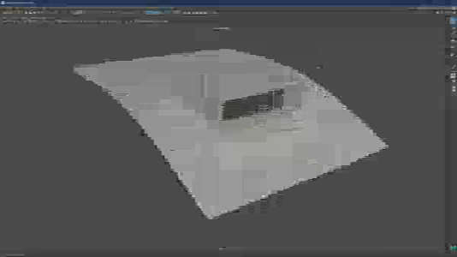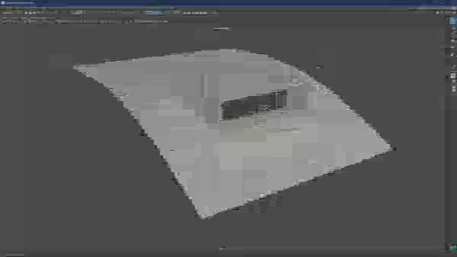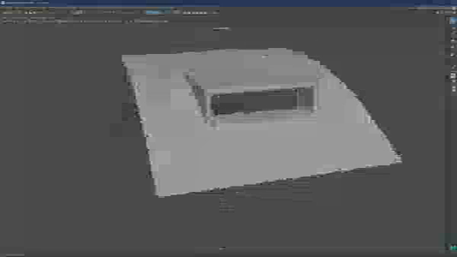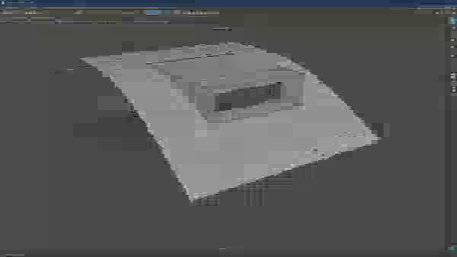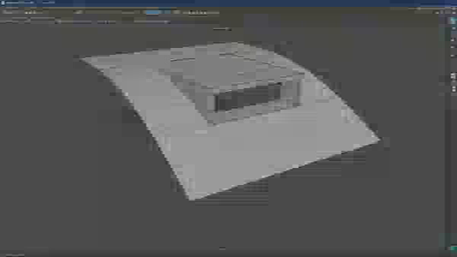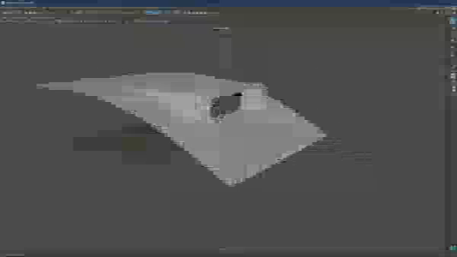Now, in general, like I mentioned previously, this would be our general workflow where we just add supportive edges, but in situations like this, maybe there would be a workaround where we would need to apply a different flow just so we have a bit more control of what we're doing. So what we're going to do now is come back a couple of steps and break that rule that we said, that we need to add supportive edges and then deal with edges. We're not going to do that here simply because this shape requires a bit more manual work. If we subdivide, we will see that we have already sort of flow established.